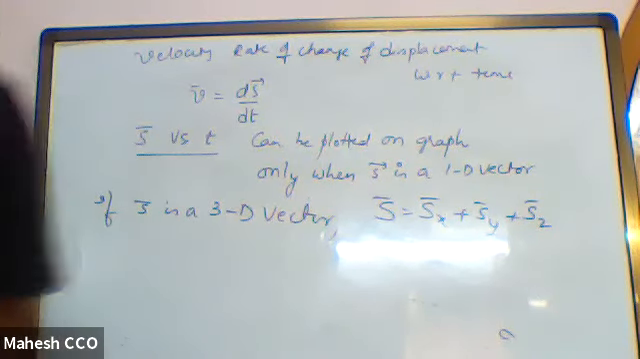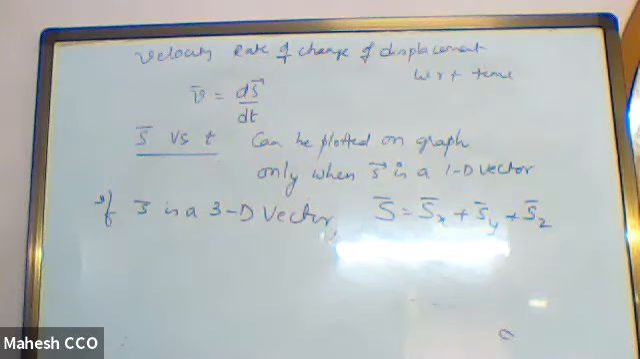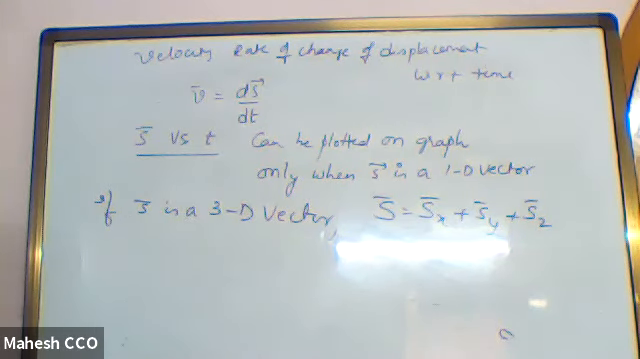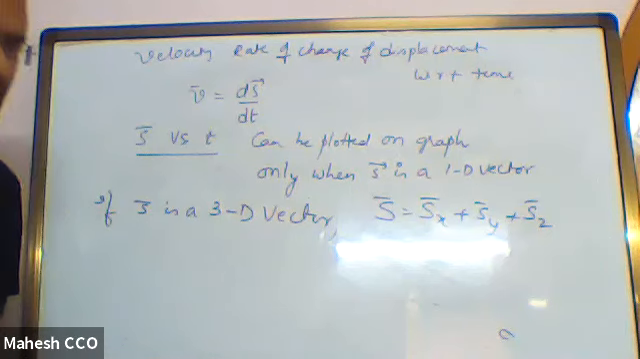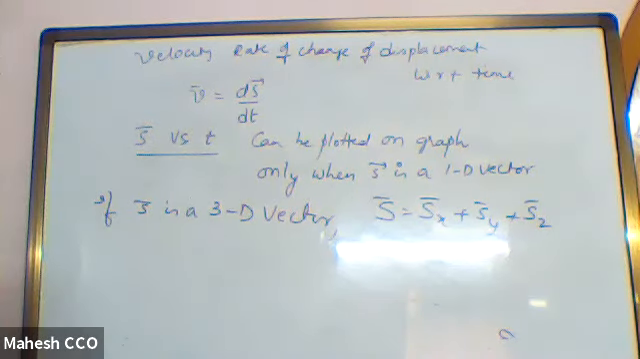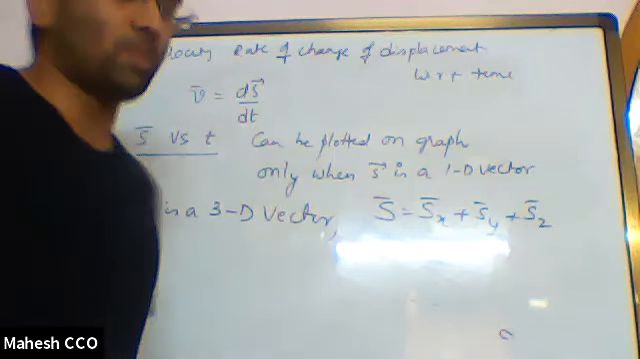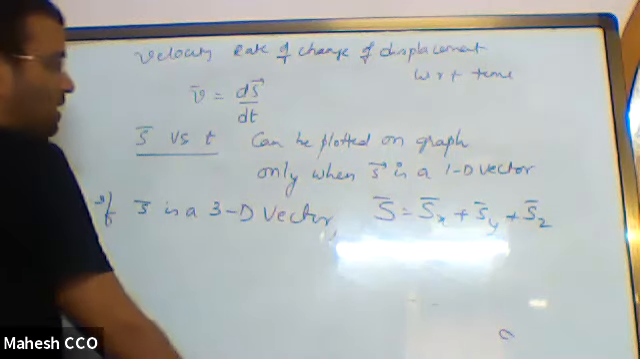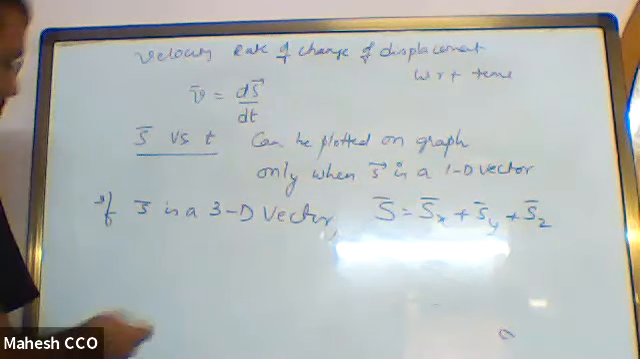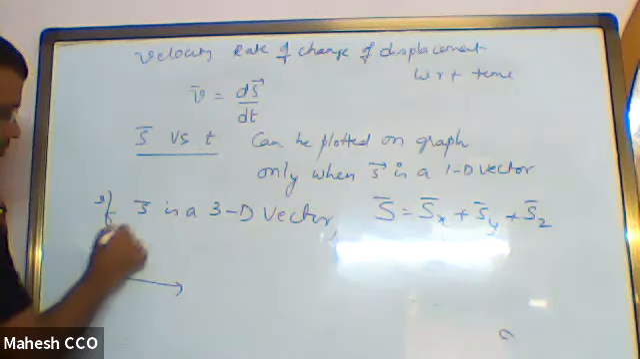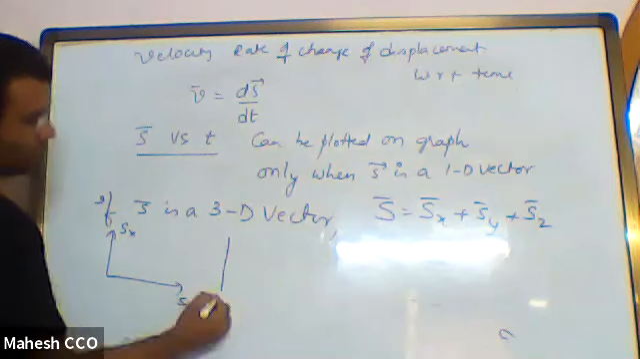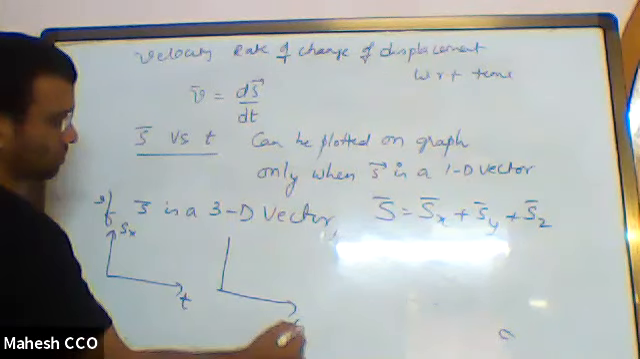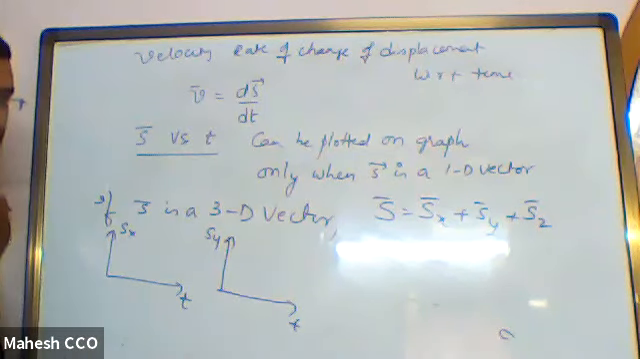Every time I take displacement, I will take 3 components along x, y and z, and each of them I will plot separately. Basically, Sx bar is nothing but Sx into i cap, Sy bar is Sy into j cap, Sz bar is Sz into k cap. I can split the displacement in 3 mutually perpendicular directions like this, and plot each of them with respect to time. Then I will have 3 graphs: Sx versus t, Sy versus t,